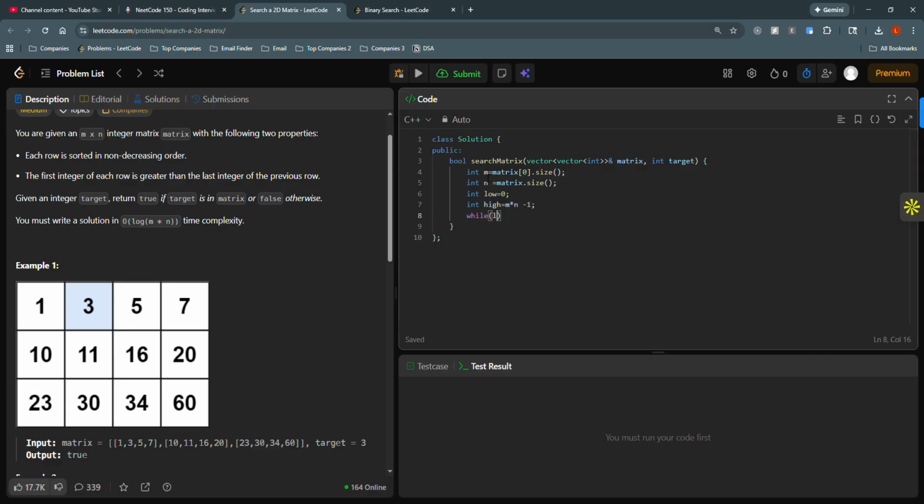so it will be the same conditions. While low is less than or equal to high, I will calculate the mid. What will be mid in this case? It will be the same thing, low plus high minus low by 2. If my matrix of,